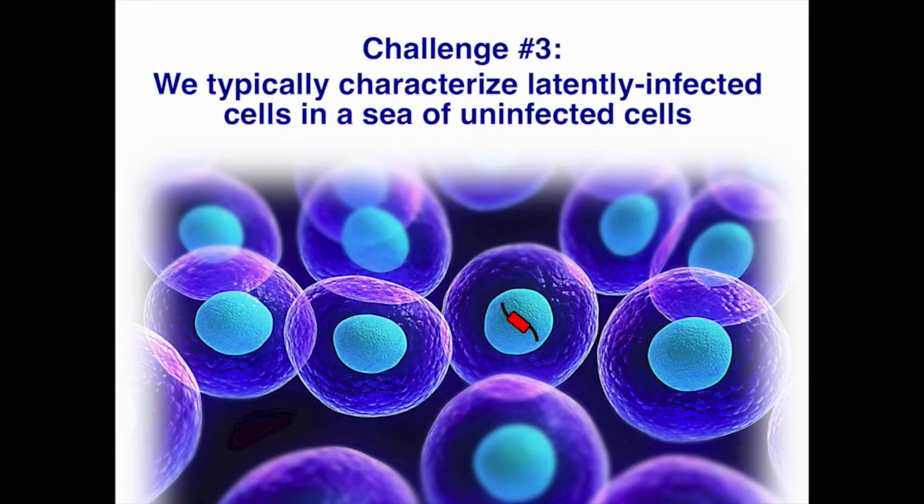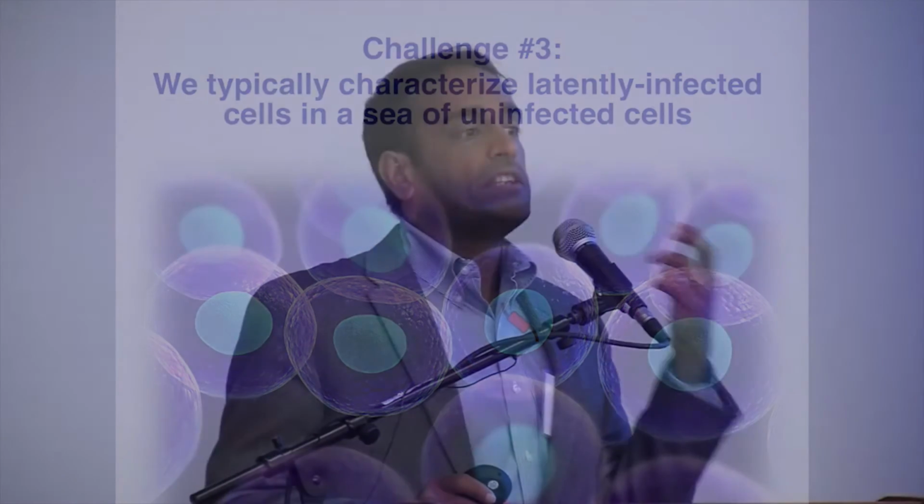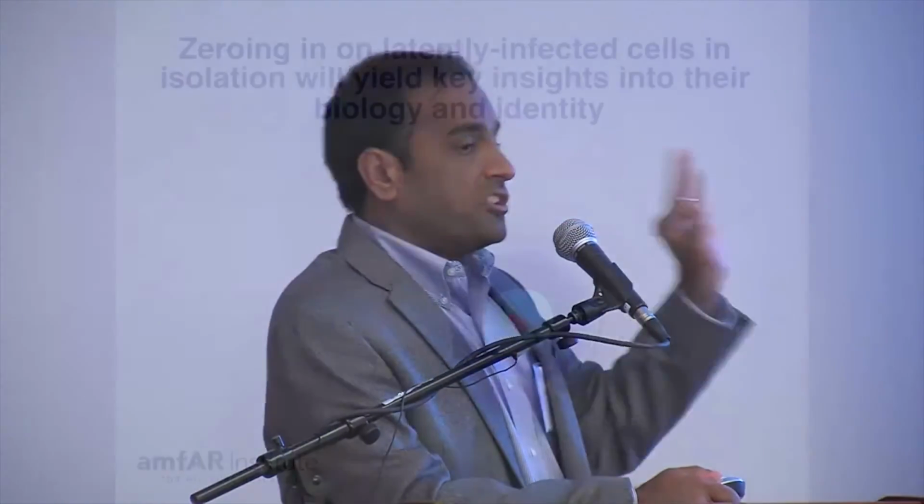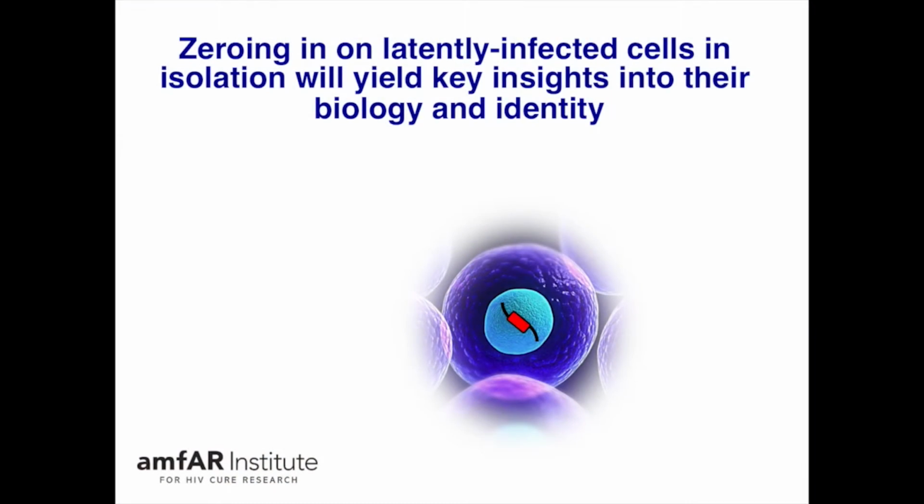So another critical challenge is that we typically characterize latently infected cells in a vast sea of uninfected cells. And a huge challenge to this field for all four of our modules is we really need to understand the basic biology of the latently infected cell as it exists within the infected individual. But most of the time, we're just sort of measuring it in this amorphous sea of uninfected cells. So if we could develop methods to specifically zero in on these latently infected cells in isolation, I think it would teach us volumes about their biology, and it would also give us better tools to identify these infected cells